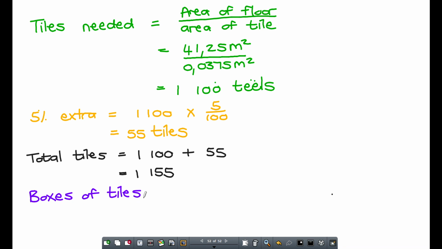Okay. So hulle sê vir my daar is tiles sold in boxes of 120 tiles. So ek gaan nou vat 1155 gedeel deur 120 om te sien hoeveel bokse ek in totaal gaan nodig hê, né? Okay, en dit gaan vir my gee